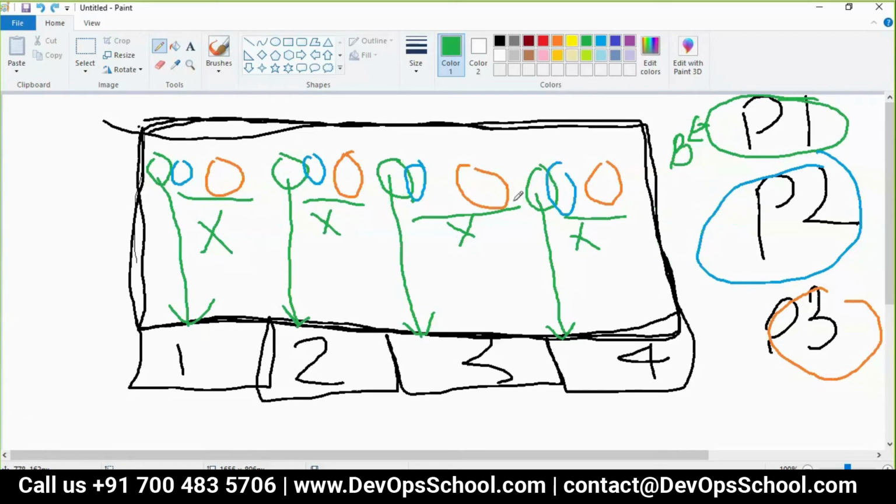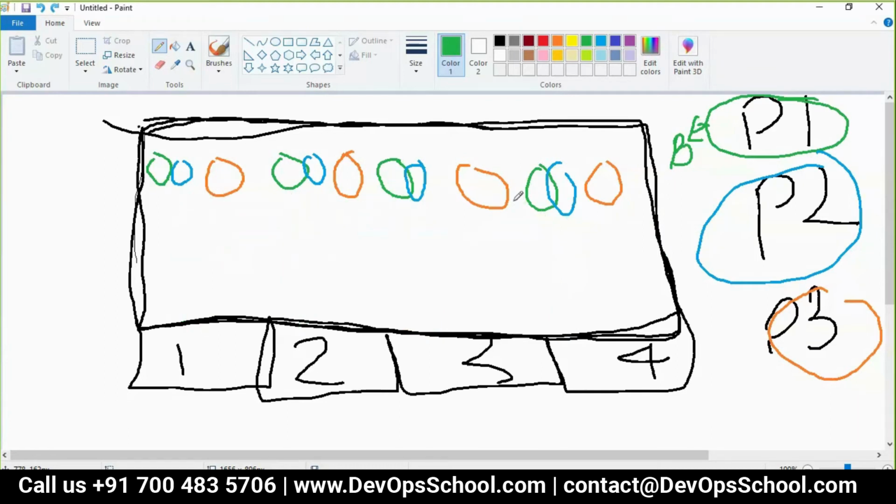So to solve this problem, we got a concept of subcluster. That means let's not give the entire cluster to one project. Create a subcluster.